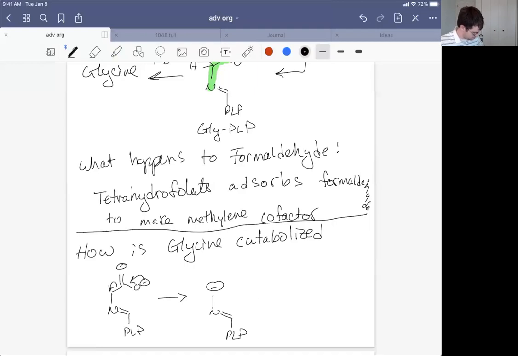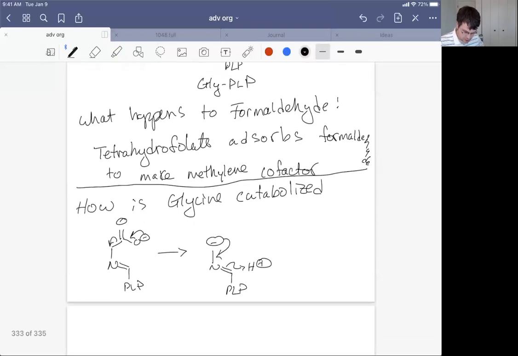Okay. Which is going to pick up a hydrogen at this position, pushing the double bond on the outside of the molecule. And this is actually an equivalent of PMP adducted to formaldehyde. So we could lose this species in such a way that we regenerate some formaldehyde. But what ends up happening is we're going to